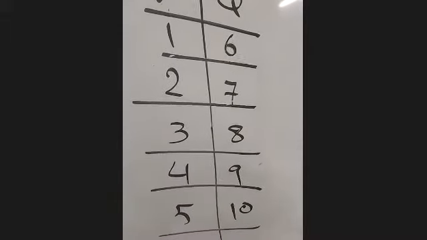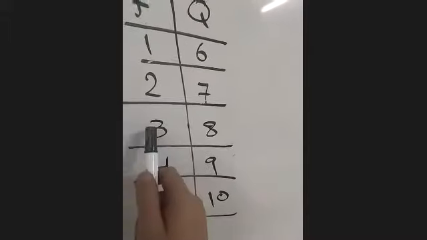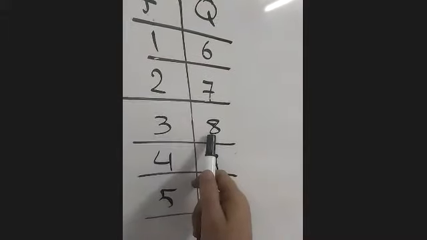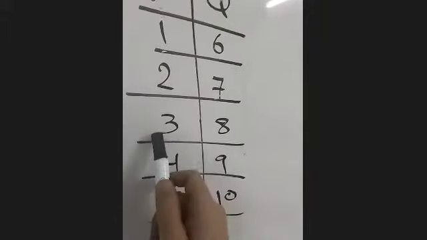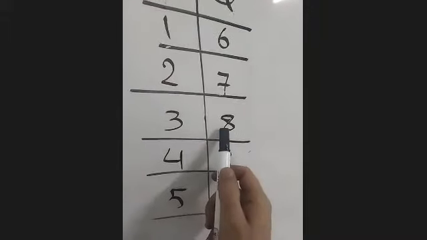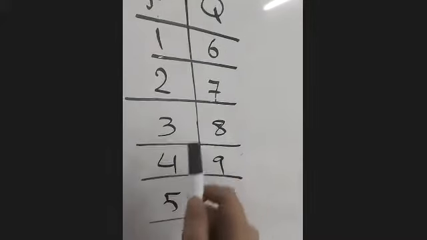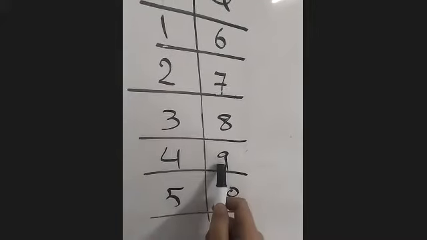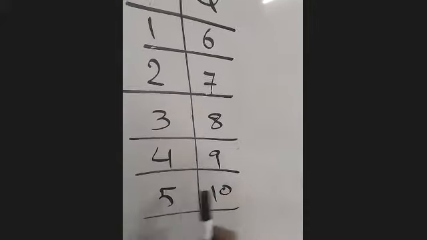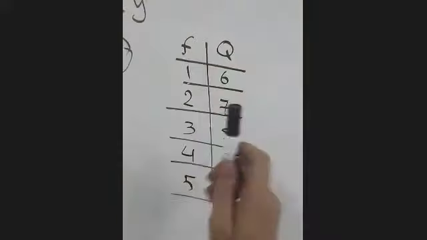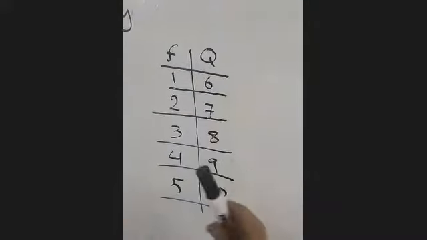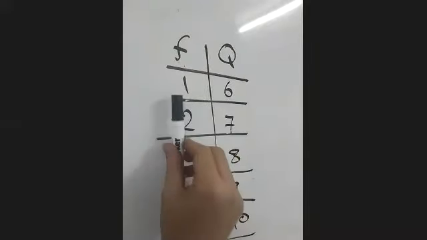Adding what? 5. How does the 4 become 9? By adding 5. How does the 5 become 10? By adding 5. So the relationship between F and Q is, if you add 5 to F, you get